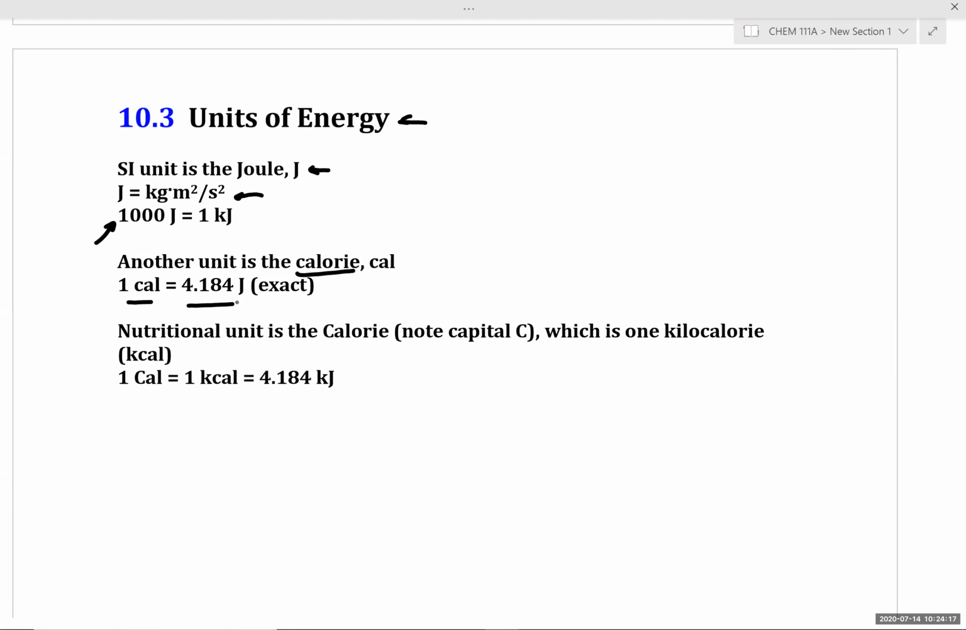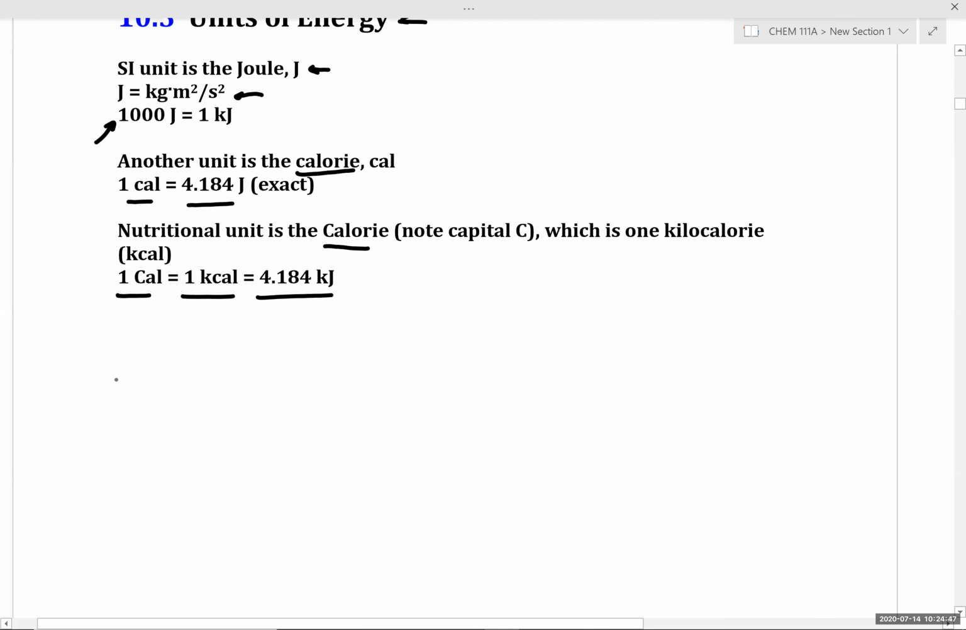A calorie is essentially the standardized amount of energy required to heat a gram of water 1 degree Celsius. The nutritional unit, so when you see the word calorie on the back of a bag of chips, for example, it is capital C Calorie, and 1 capital C Calorie is 1 kilocalorie, which is 4.184 kilojoules. So for example, if you see on your bag of chips 250 calories per serving,